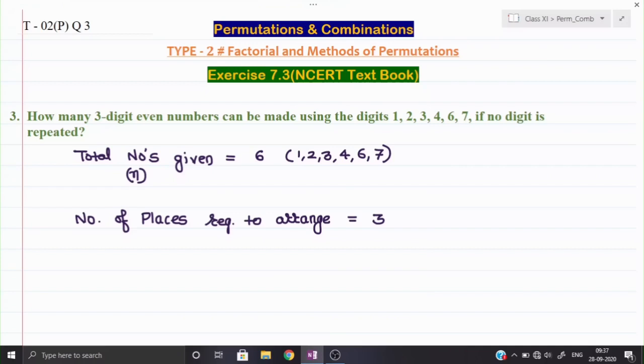This number is 3 digit, not repeated, 3 1 2, and it is also an even number. So if you write down 6P3 directly, then it will follow two conditions. It will not repeat the digit, it will form the 3 digit number, no problem, but it will not form only even numbers. It will form even as well as odd numbers. We require only even numbers. So here we have to apply the method in a little specific manner. First of all, see in rough how I am solving it, then we shall explain our answer. How many digit number we have to form? 3 digit, 1, 2 and 3.